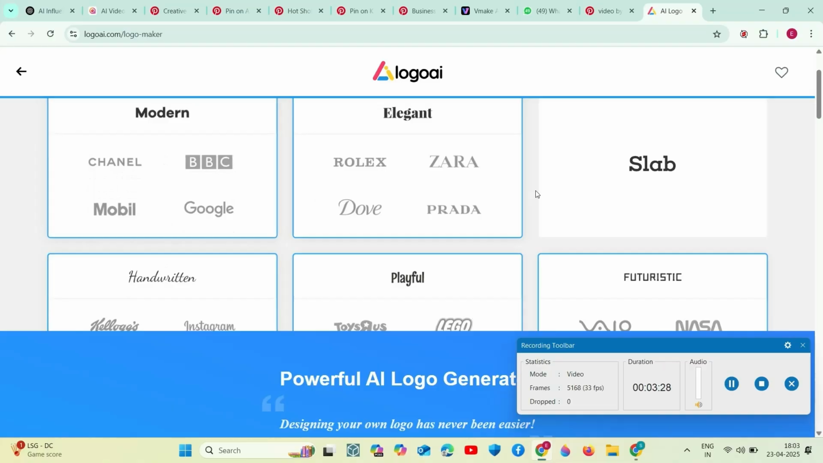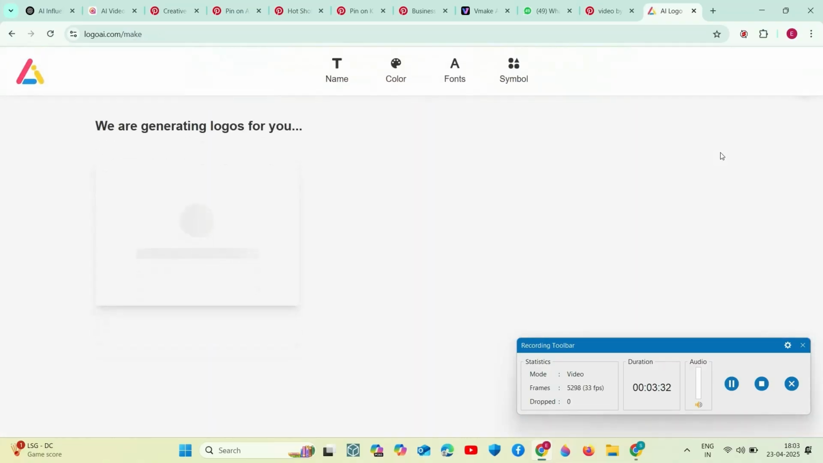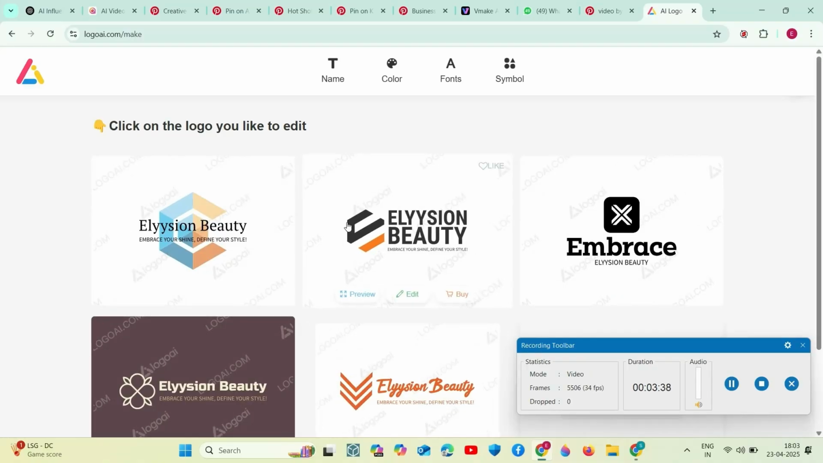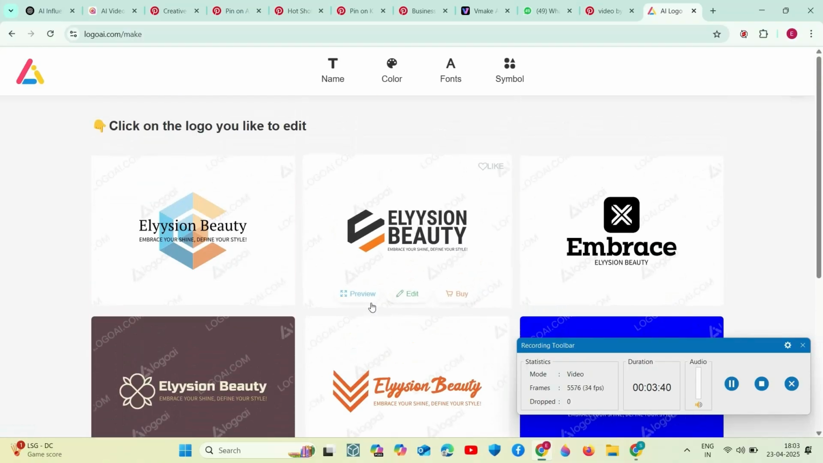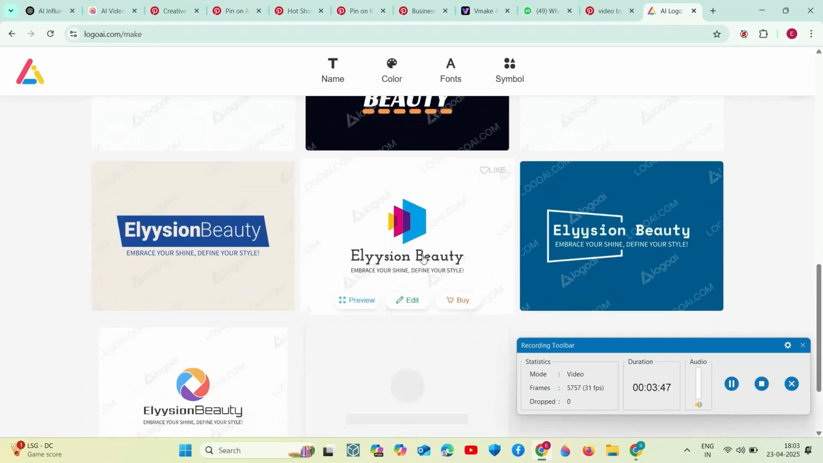All right, so generate. So these are the options. You can choose any of them or edit them, and then if you want you can buy them or you can use them as a reference. All right guys,